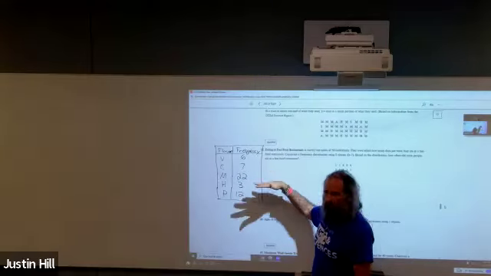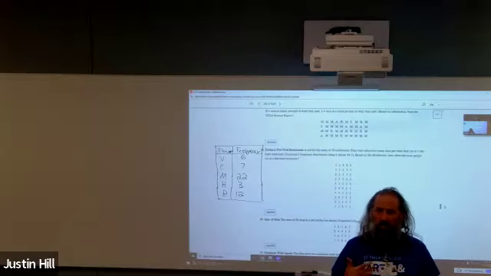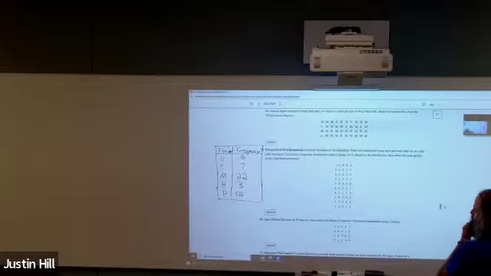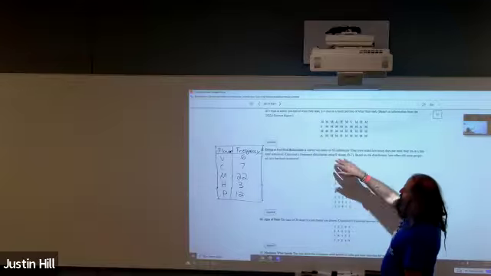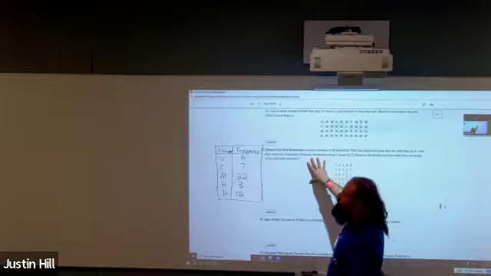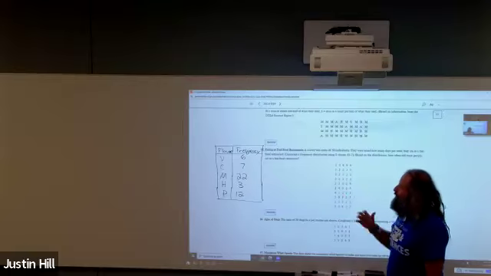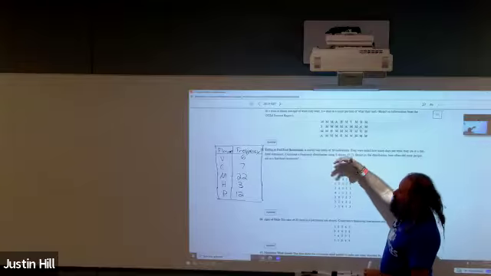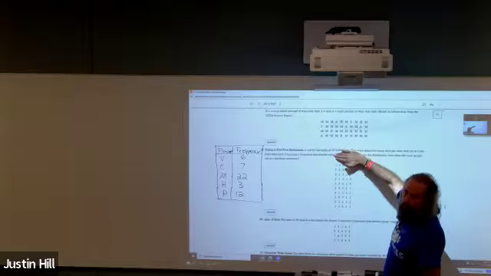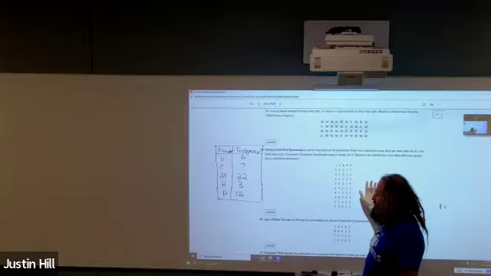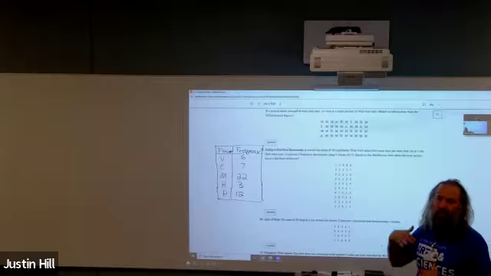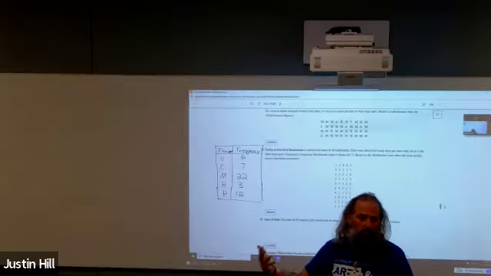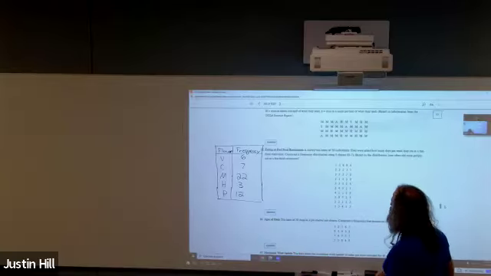Write the table out, and you'll notice that once you write it out, it's going to be very obvious which one happens the most. So they're just going to ask you which one happens the most. But I want to talk about some of the words they're using here. They say construct a frequency distribution, frequency table. They say using 8 classes. I'd actually like you to talk about what this word classes means, but let's forget that word for now. Let's look at the data as it's given, and think about how we would do the same thing we just did for the previous problem. They still want the same thing overall: a frequency table, a frequency distribution.